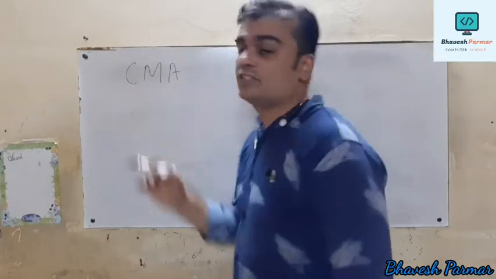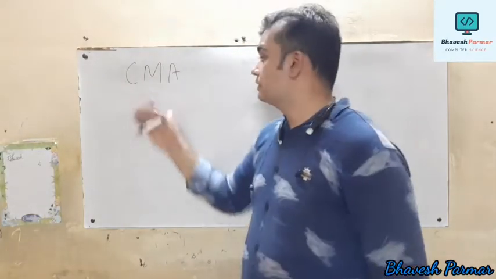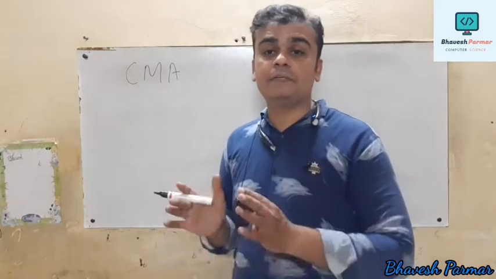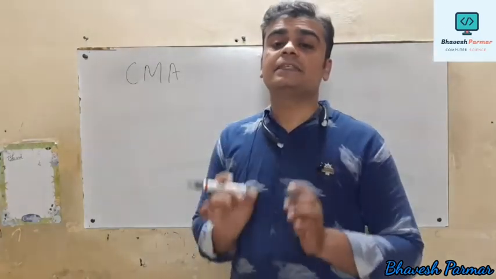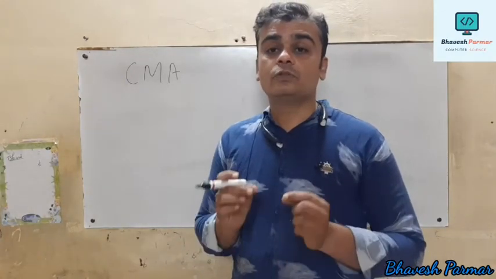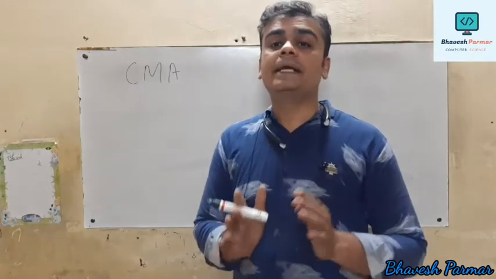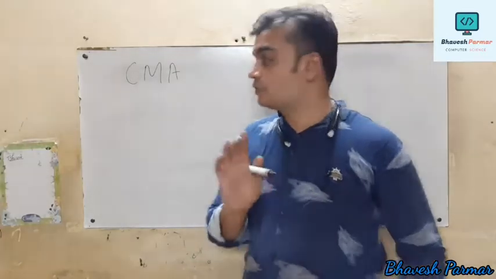CMA stands for complement accumulator. In this type of instruction, only the operation code is given, the operand is absent, missing, or we can say hidden. Generally these instructions belong to the implied / implicit addressing mode, and generally they are 1 byte instructions.